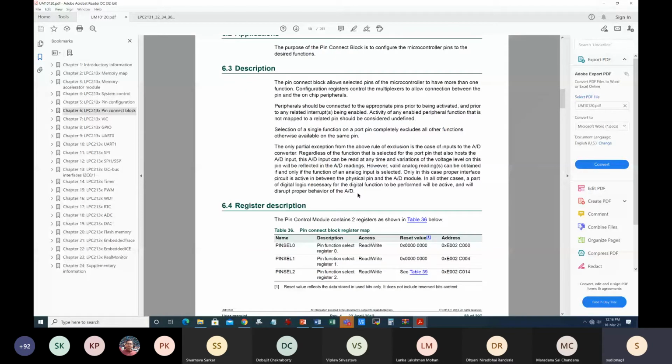Whatever I told you is actually a modified version of this description. And obviously they may have written something else that I'm not considering, such as some details on how to do A to D conversion. Those details I'm just skipping for now.